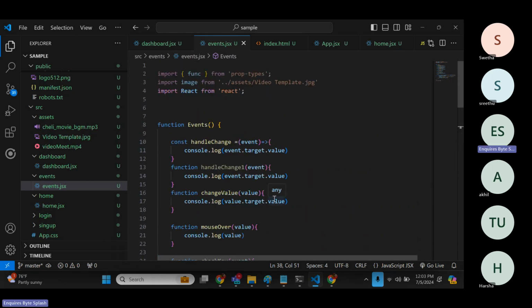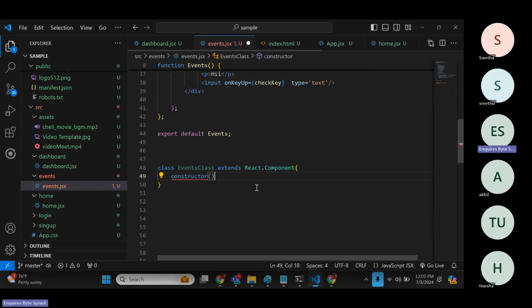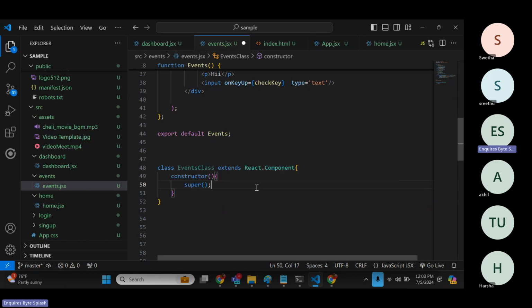Now I want to do the same in the class components. Got it? So just create the same: class Events extends React.Component. A class will have a constructor if we have any state. It will have super if it is extending another component. So now if you want to mention the state, you can mention state equal to